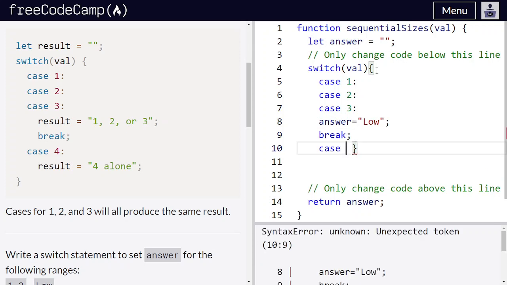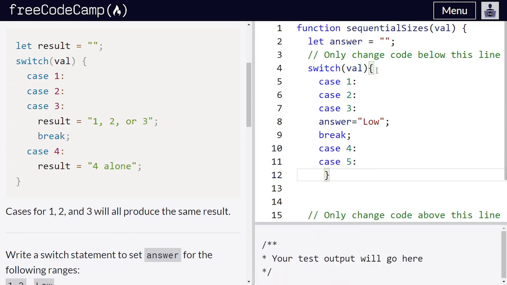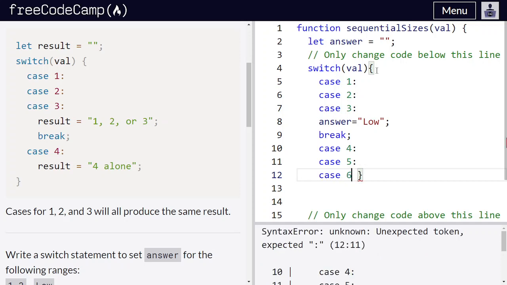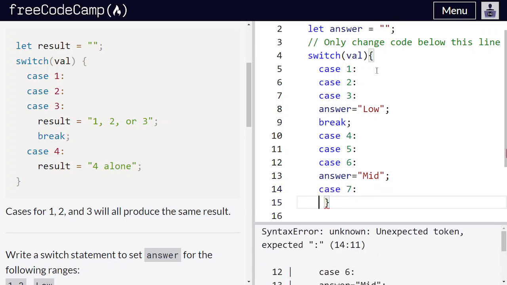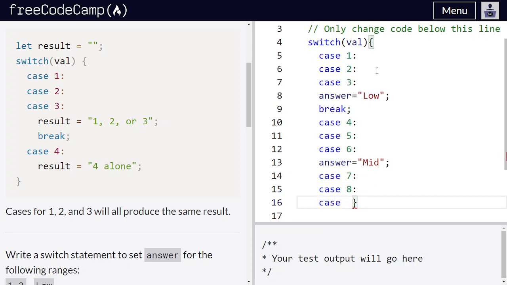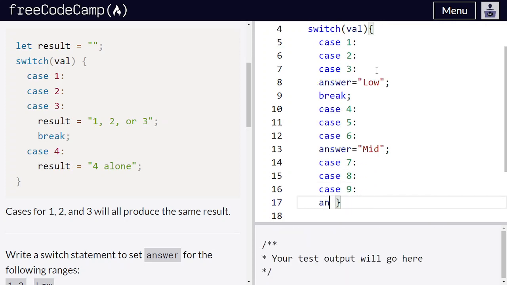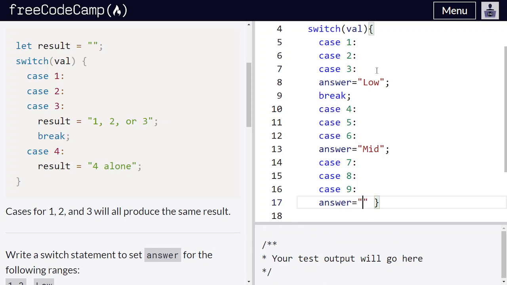Then for case 4, case 5, case 6, we have answer equals mid, and for case 7, case 8, case 9, we have answer equal to high.